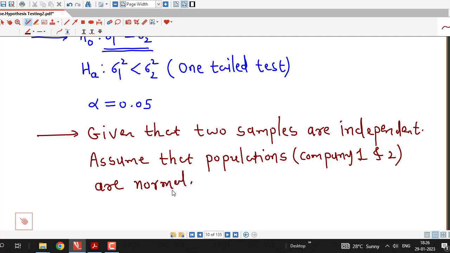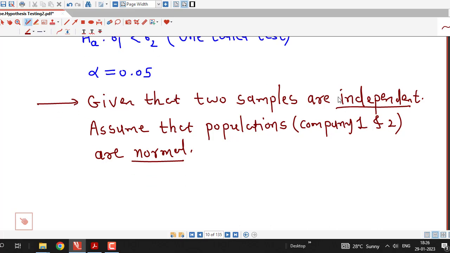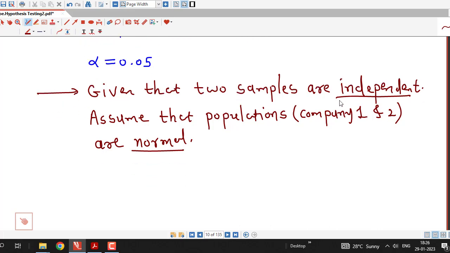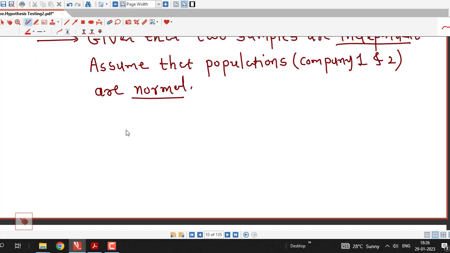To apply F ratio test, we must check these two conditions. If any of these two conditions is not given, we have to assume that condition. Otherwise, we cannot use that F ratio test. So with these two assumptions, we find out the value of test